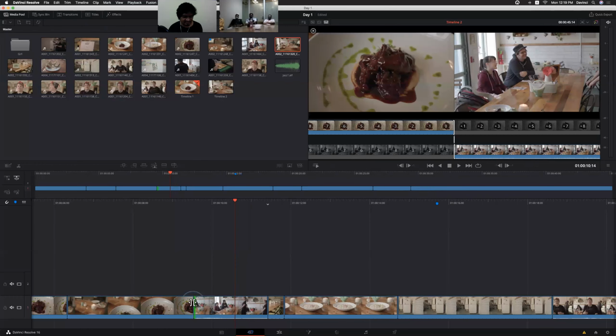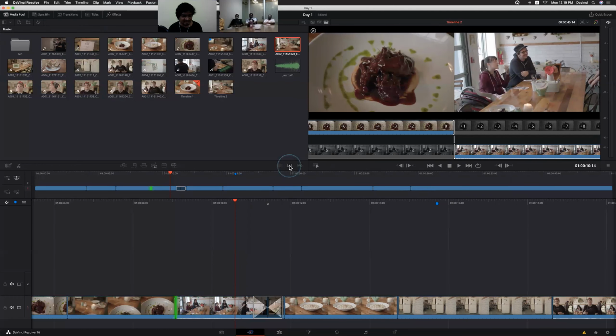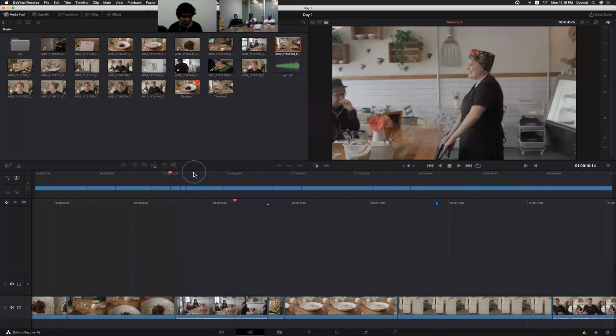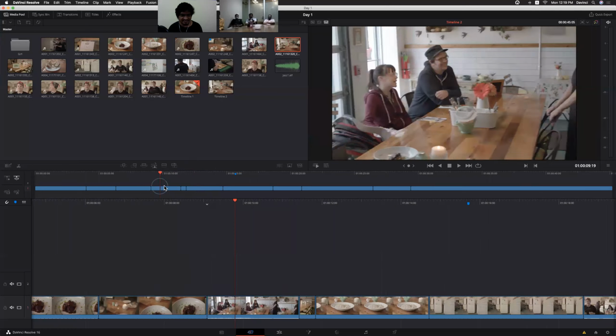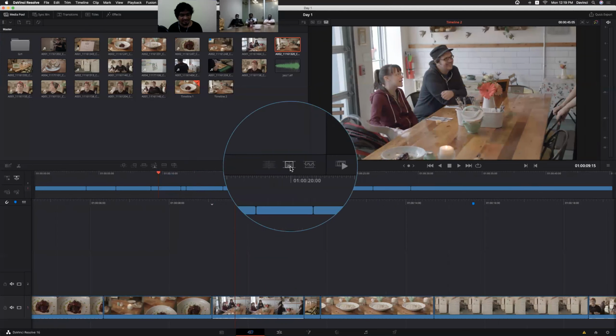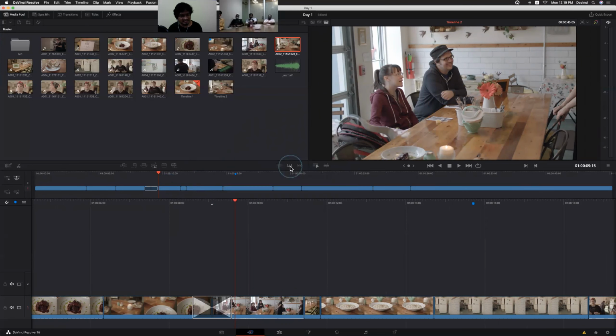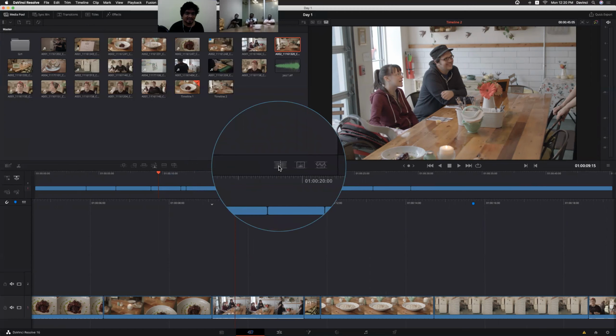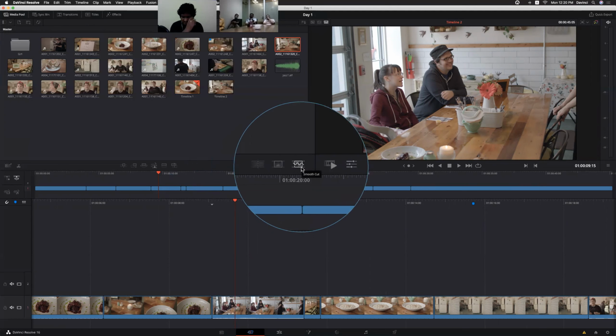Cut page direct options means that by clicking one button, it will directly add the transition, right? Just by clicking one simple button, it will add only a cross dissolve to the nearest edit point. And the next option is nothing. It removes the transition only, but they made it a separate option. Instead of deleting it separately, by clicking this option, the nearest transition will be deleted. And this is the smooth cut option.